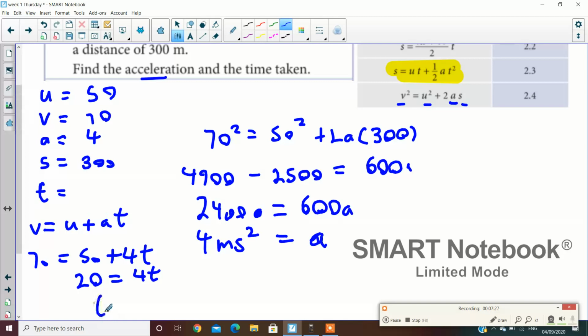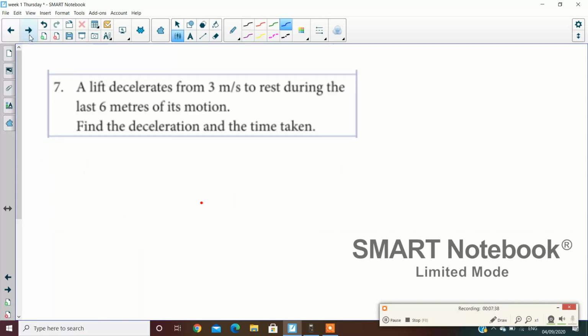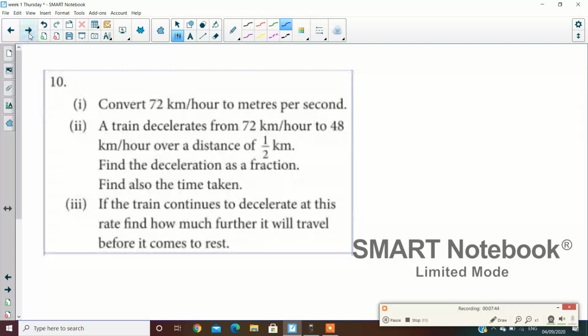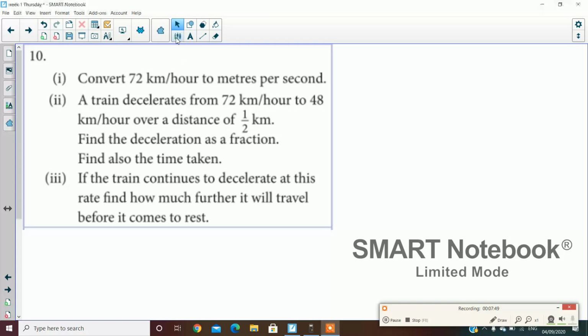Alright. Should we make this a bit harder? Or is this level too easy at the moment? A bit harder? Okay, let's make it a bit more difficult. Let's skip 7. Let's go to 10. Off you go. Not that they need it. Anyways,